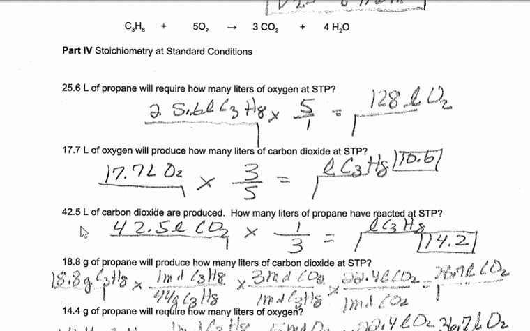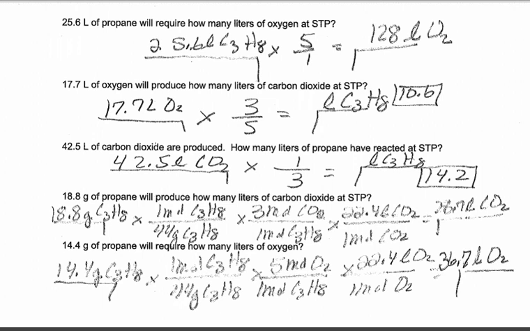Okay, now what about the next one? We have liters of carbon dioxide. We want to know how many liters of propane should have reacted. Now that's our C3H8. Okay, and carbon dioxide is CO2. So I see a 1 in front of C3H8, which is our propane. Okay, and there's a 3 in front of our CO2. So there should be a 1 here on top and a 3 on the bottom. Because remember, what's on the left over here goes on the bottom down here, and what we're solving on the right goes on top there. Okay, last but not least,